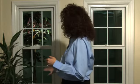But there are also some indications that might not be as obvious. So if you walk to your window and you have what we refer to as a double hung window, which goes up and down, and you look at what we call the check rail, and you hold your hand just right above the check rail and you feel just a subtle hint of cold or a draft coming through, or if you do the same thing at the sill and you feel a little bit of air coming through, and you may even feel this around the perimeter of your window, that's a pretty good indication that you have seal